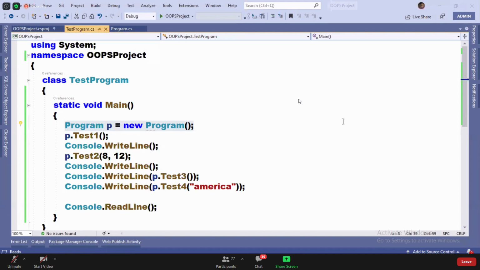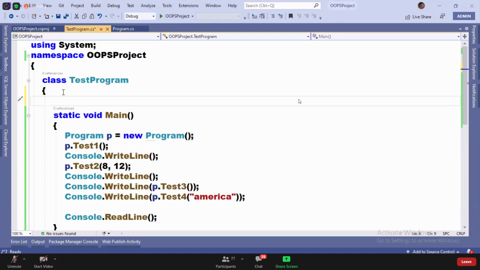See there. Now I created the instance of the Program class in TestProgram under a static block. If I want, I can create that particular instance in a non-static block also. Watch it, guys. I'm writing another method here: public void callMethods, a new method I'm defining in this class.